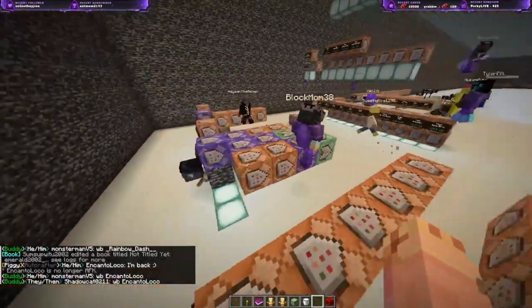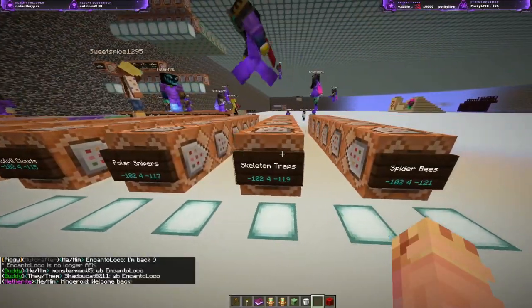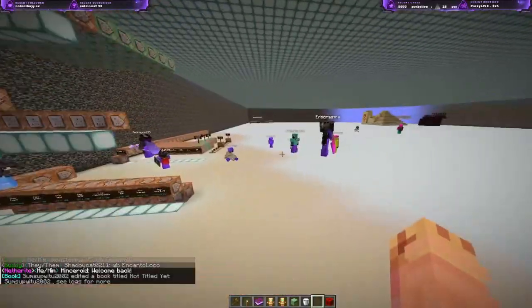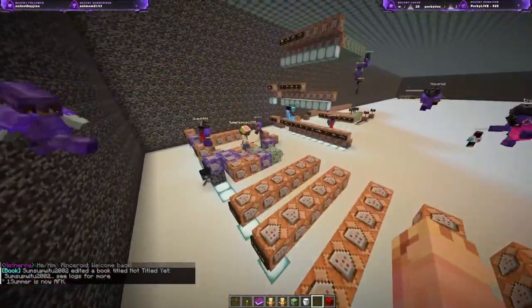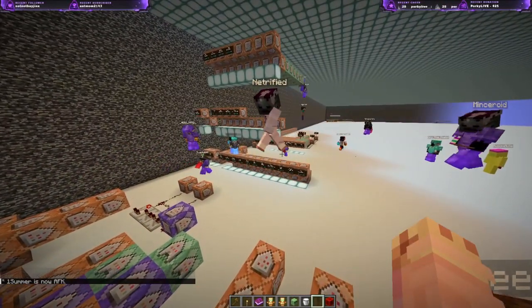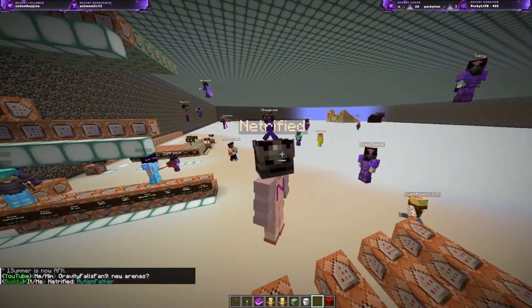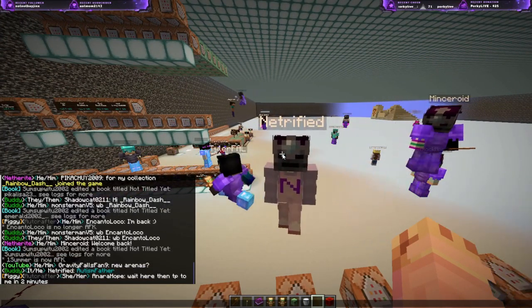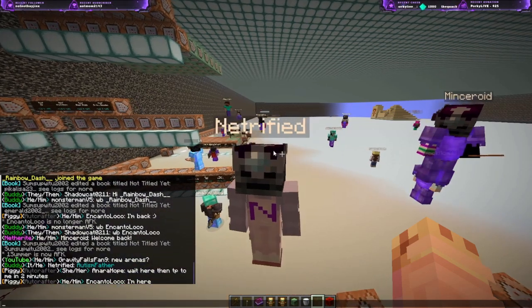What that means is that for some of these mobs, like say the Witch Clouds, the Axolotl, the Polar Snipers, all these guys over here can be summoned multiple times by multiple bosses because there's just one set of command blocks to trigger. So the Darkness 3.0, unlike the Darkness 2, is modular, which means I can use and reuse and do stuff not only multiple times, but at random times. So things are about to get a whole lot more crazy.